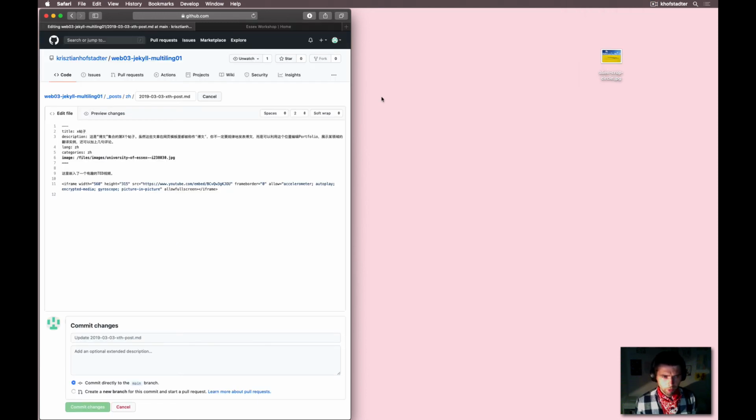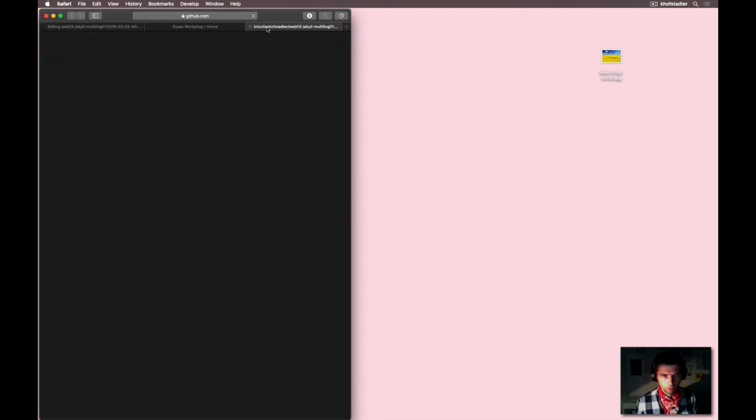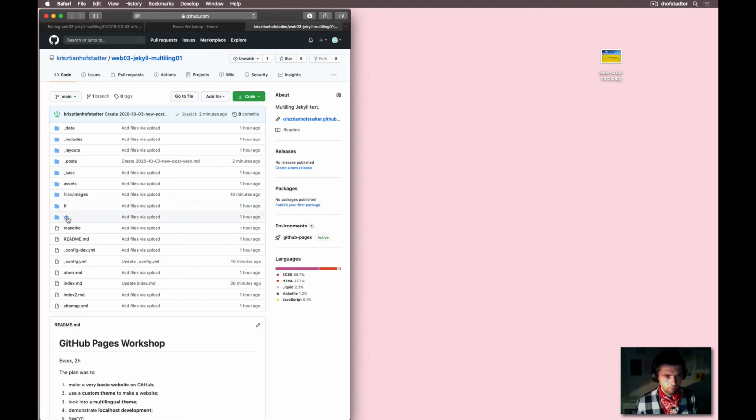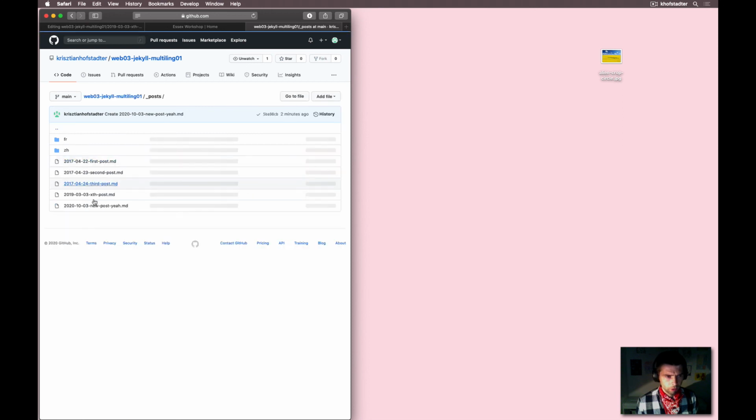Okay, I spotted the mistake. Guess what? The front matter, I forgot, is different in the other languages. So in the English posts, the front matter is different to the front matter in the Chinese version because it has this extra variable. Just to add context to what I said, if you check the first post's front matter in English,